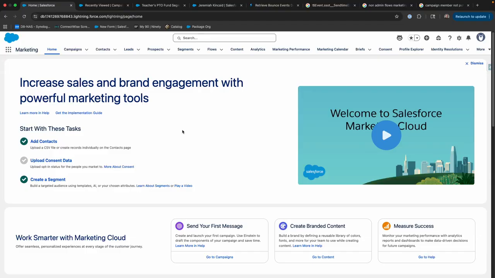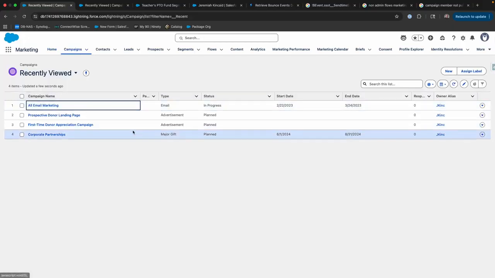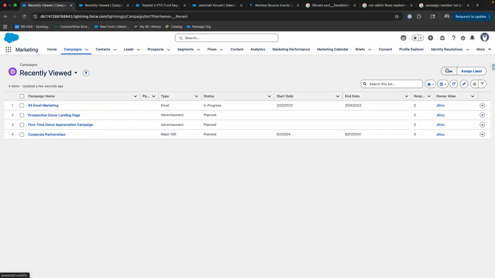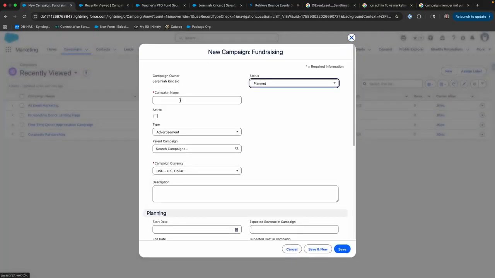Now, if you've worked with marketing in Salesforce before, you probably know that campaigns are kind of the core object when it comes to marketing efforts in Salesforce. And what we're going to be seeing today will be a little bit different than what you may have seen previously. So we're going to create a campaign called